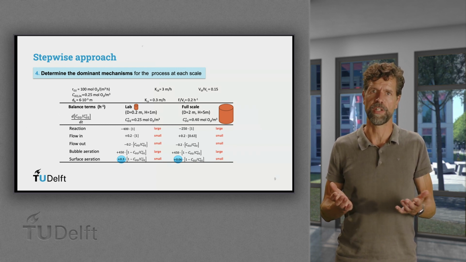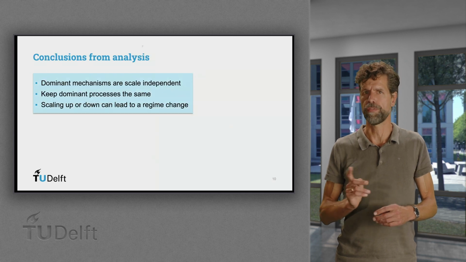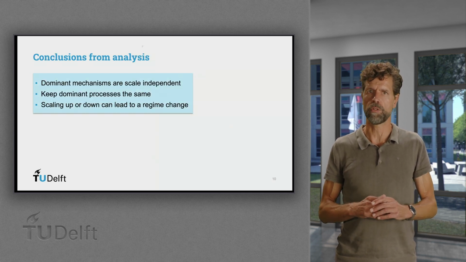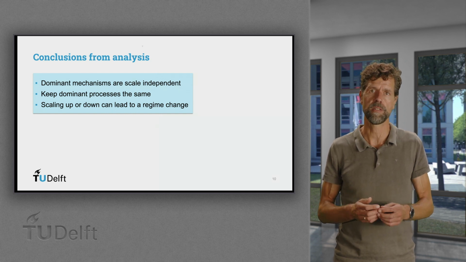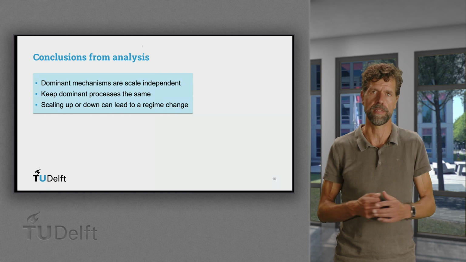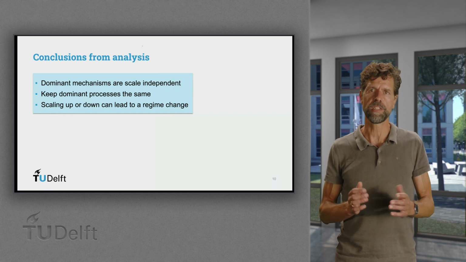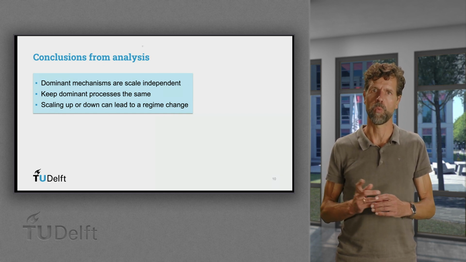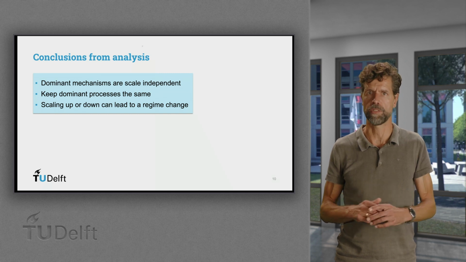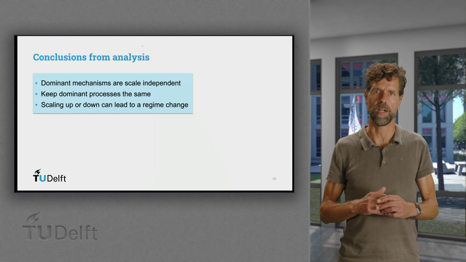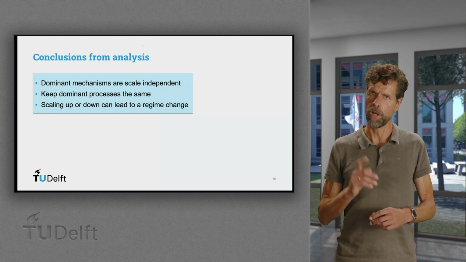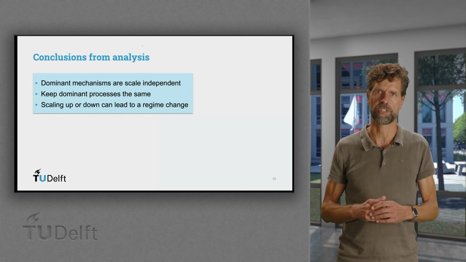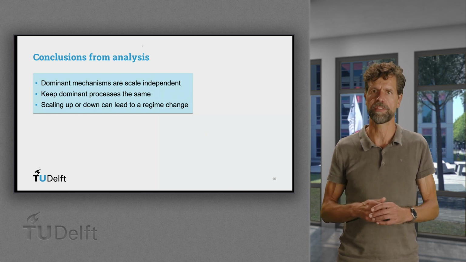So what can we learn from the values found at the two scales? Well, first of all, we observe that not all terms are identical on both scales. So there's no full similarity and the oxygen concentration is scale dependent. However, we see that of the two dominant mechanisms, one is weakly and one is hardly scale dependent if the equilibrium oxygen concentration and the kLa are kept similar when scaling up or down. Only one sub-process strongly depends on the scale, so near similarity is possible.